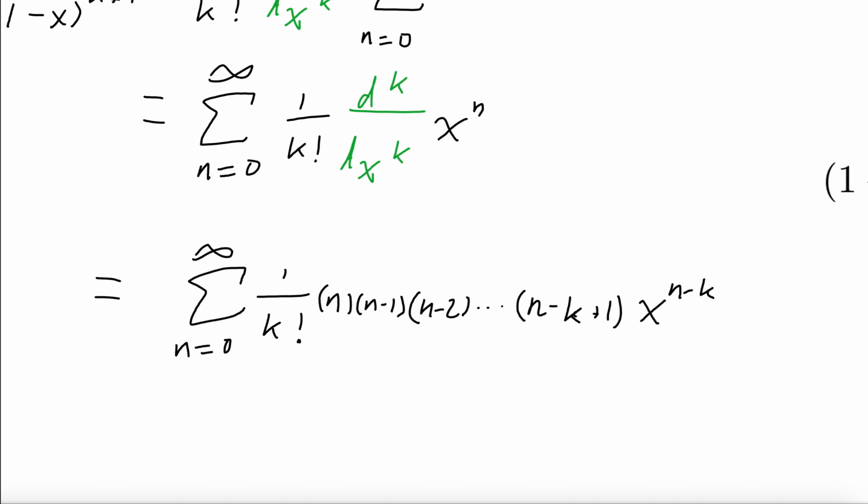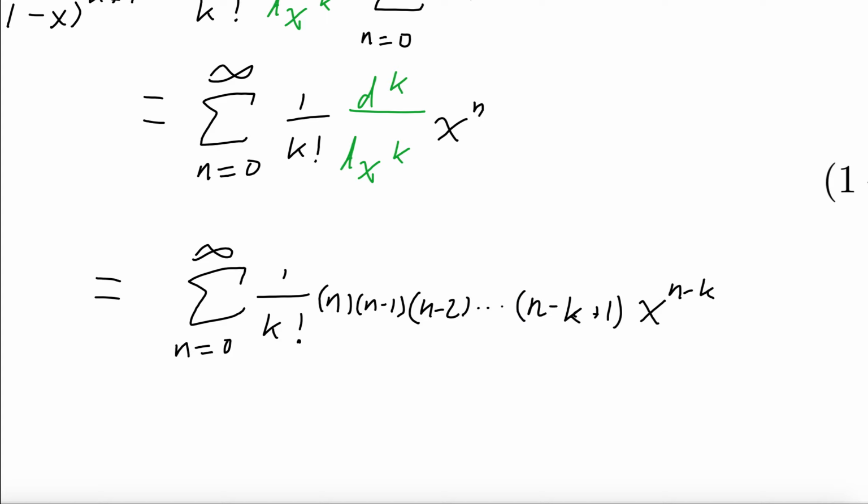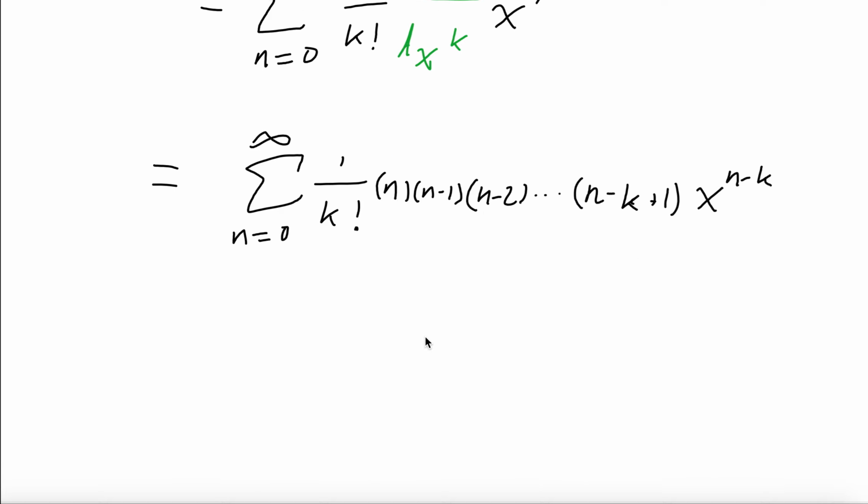Because notice how if you were to just differentiate x to the n minus k plus 1, you'd have to have that hop down and then subtract 1 up here. Then to differentiate this on its own, you'd have to hop this exponent down to get n minus k plus 1, and then subtract 1 off that and get n minus k as a result. All right, good. So now notice how for this generating function, n equals 0, well,